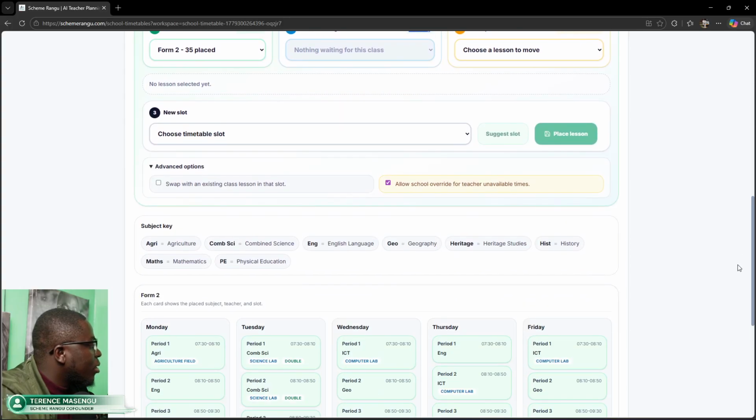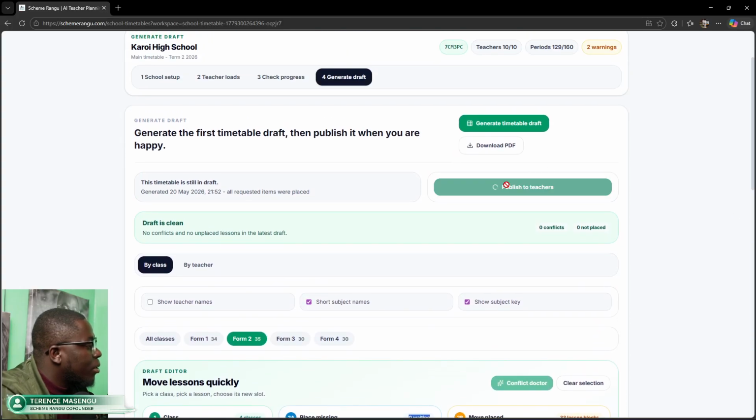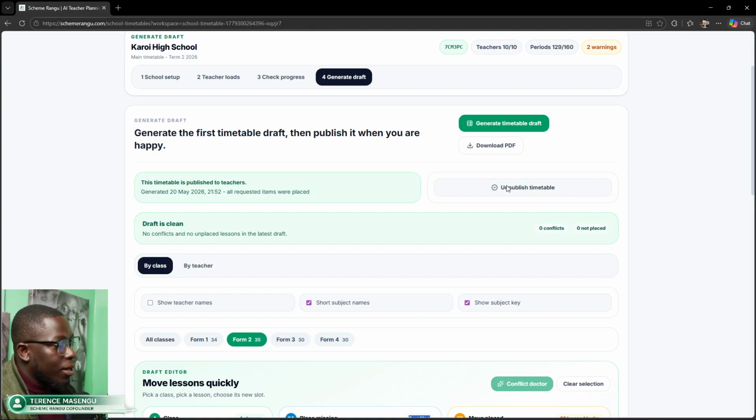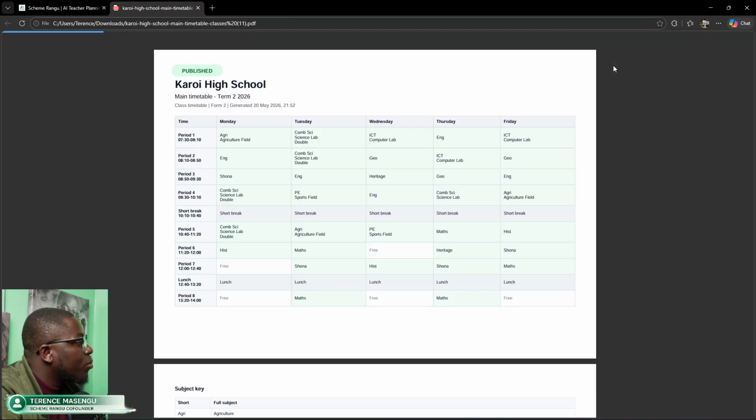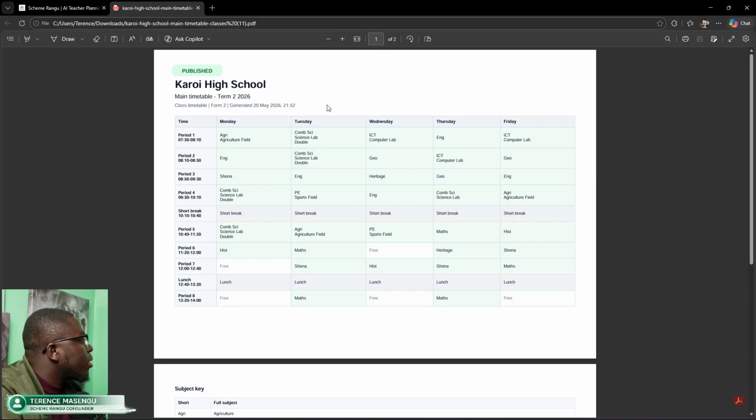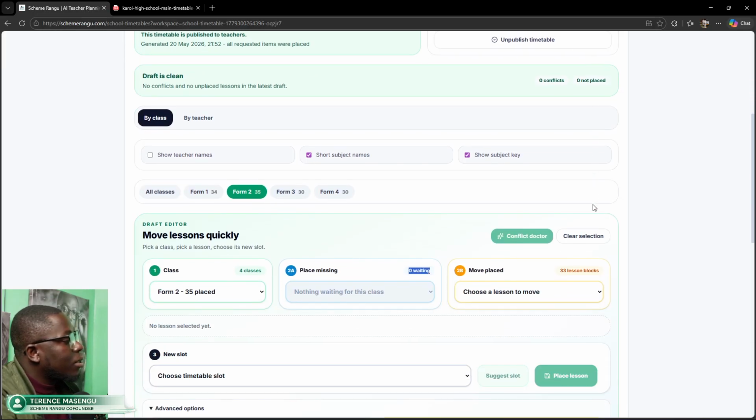And once you are done, when you click on publish to teachers like I showed you, it will showcase in their own accounts and they can download. But if we now download a published timetable, here I've selected form 2, so it will only show me form 2 here. It now says published. It's no longer a draft, it's now a published timetable. So that's basically it. That's how you create a timetable using